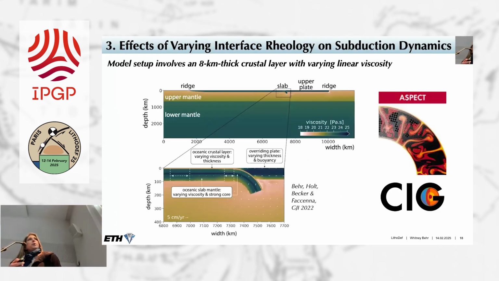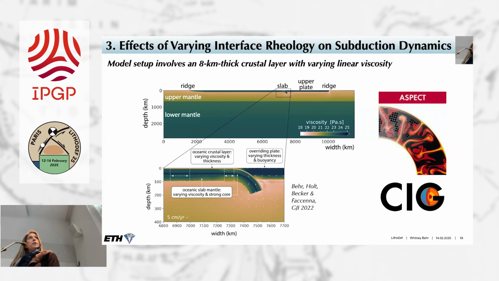So one of the first ways we did this was in 2D models. We used the CIG code ASPECT, and we set these up. They have a slightly pre-subducted slab that's then decorated on the top by an oceanic crustal layer that we can change the viscosity of. And then we don't push these from the side. This is dynamic subduction. So this bit of slab basically drives slab sinking. And so then if we change the interface viscosity, we can view how that affects the resulting velocity and